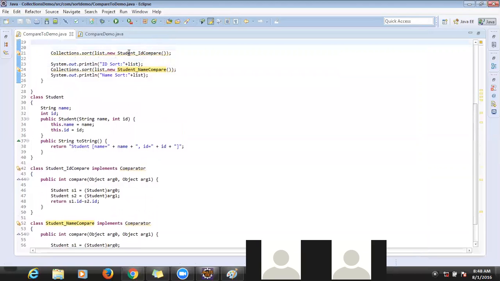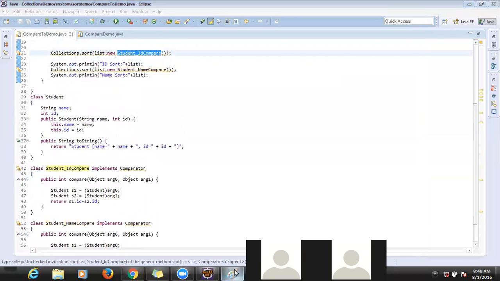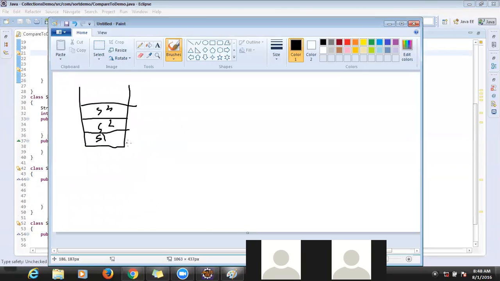So it will first look at the first object's name, and it will compare this name with S2 and with S3. Based on ascending order, if it is the lowest, it will keep it here. Let's suppose S2 is the lowest one, it will move here. If S3 is lowest, it will move here. And again it will compare S2 with the rest of the elements. Got it.